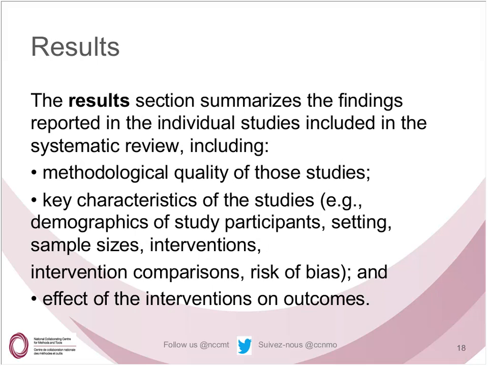And then, of course, our results are going to give us in both text and table format a summary of the findings of those individual studies. It will usually start off with telling us how many studies were found from their search, how many ended up being deemed relevant, and if any other were excluded for various reasons why that happened. We also usually then end up with a paragraph that tells us about the quality of the evidence base.